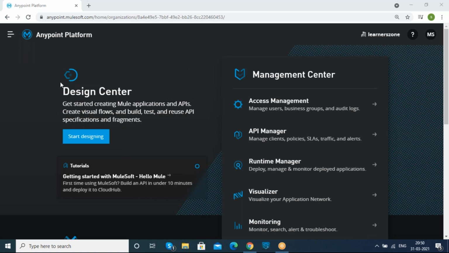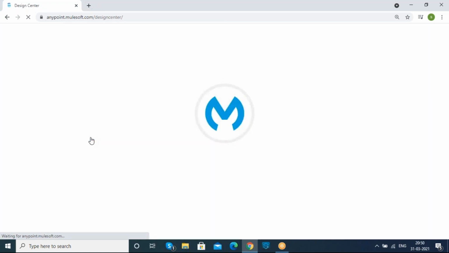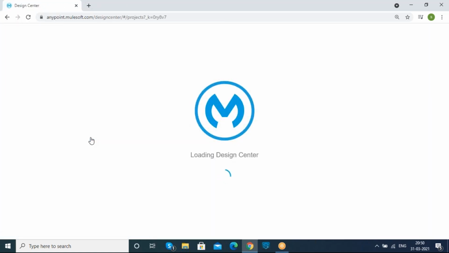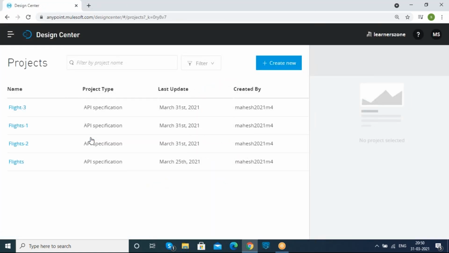So, guys, at the starting point today, since you have already registered with Anypoint Platform, just click on this Design Center option. There are two types of web services available in the market. And for the structuring of our APIs, that means for designing our APIs, the MuleSoft people chose RESTful services, not SOAP services.